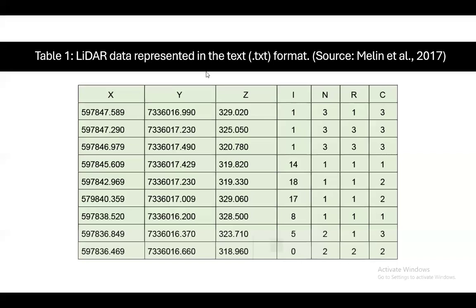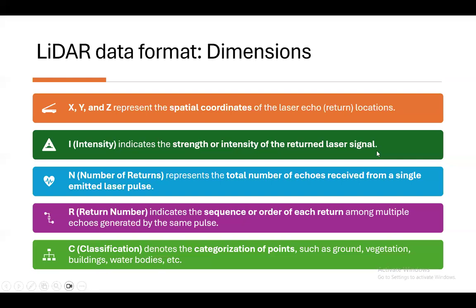Okay, so this is the dimension we will be having when we will be dealing with point cloud data. Each point will have X, Y, Z, intensity, number of returns, return number, and classification. The number in the classification column can tell you whether this is vegetation, ground, a building, or something else. That can be identified with the help of this classification number, and there is a definite standardized code for it. We will talk about that.